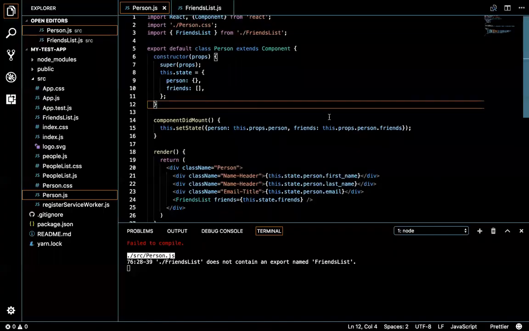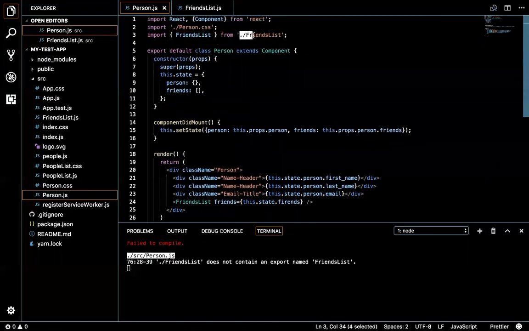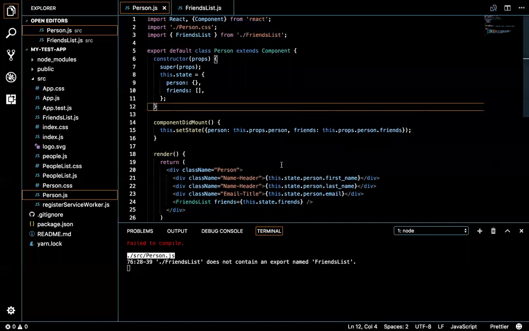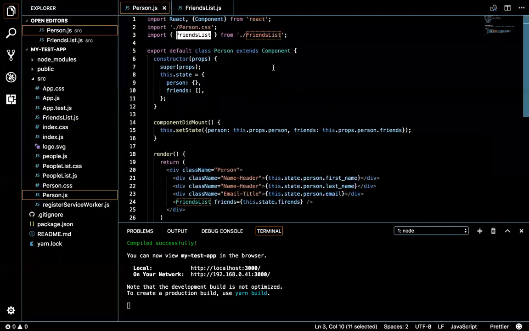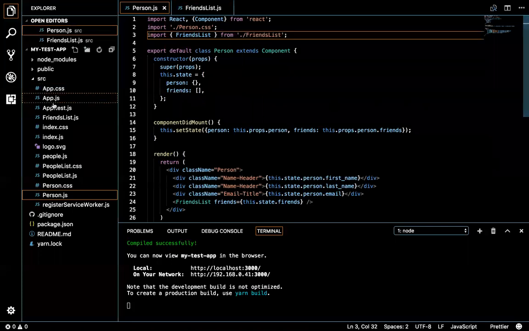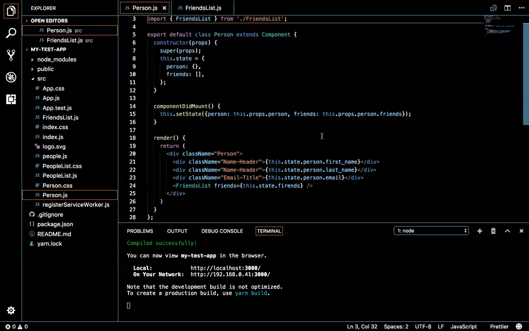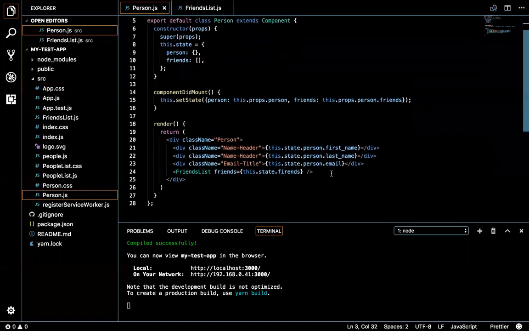All right. So I found the typo, and it was this. I didn't have a dot forward slash in front of the name. So I was not exporting it or importing it as a component that exists within my application. I was trying to find it from Node, and it doesn't exist in Node, dude. So this friends list, we can now look over, and I changed the name to friends list,